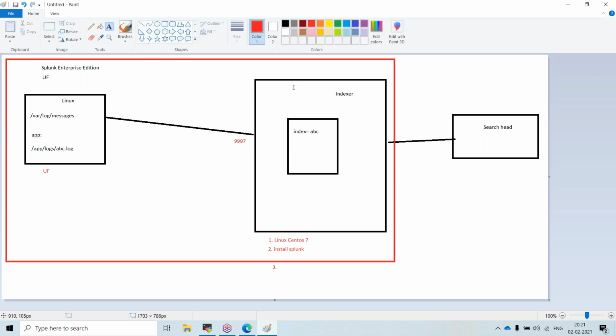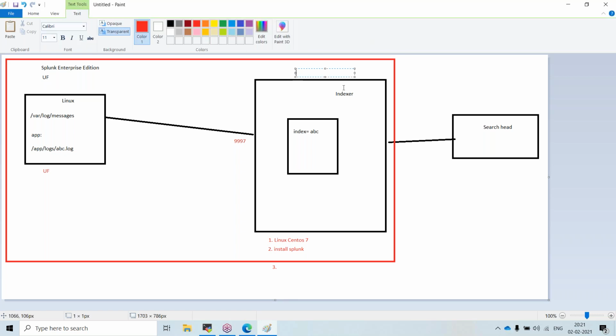The second rule is that Splunk has a web UI, and the web UI runs on port 8000. So if I install my indexer, I should make sure this incoming port and this web UI port are enabled. Else I won't be able to launch the UI, or even if the sender sends the data, it won't reach the Splunk indexer. If you install the package itself, the web port will be enabled, since Splunk starts it, but 9997 we have to enable.